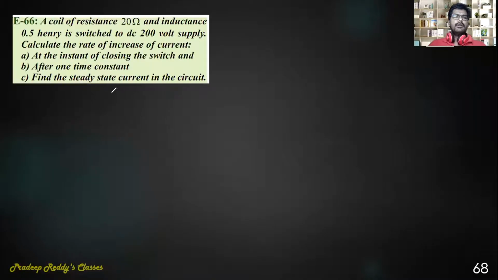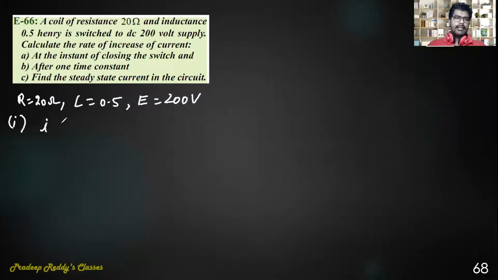So a coil of resistance R is equal to 20 ohm, and inductance L is equal to 0.5 Henry, is switched to a DC supply of EMF 200 volt. Calculate the rate of increase of current. So you are supposed to calculate the rate of increase of current at the instant of closing the switch. When the switch is being closed, immediately